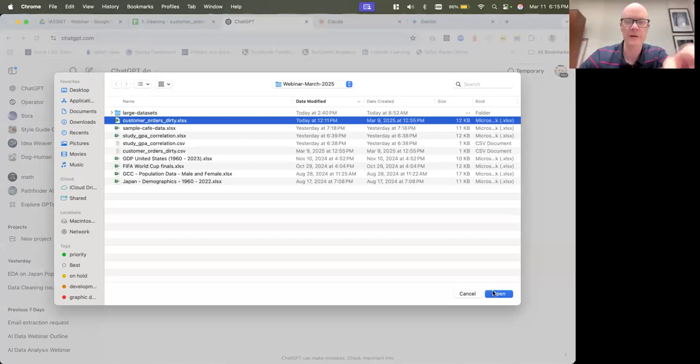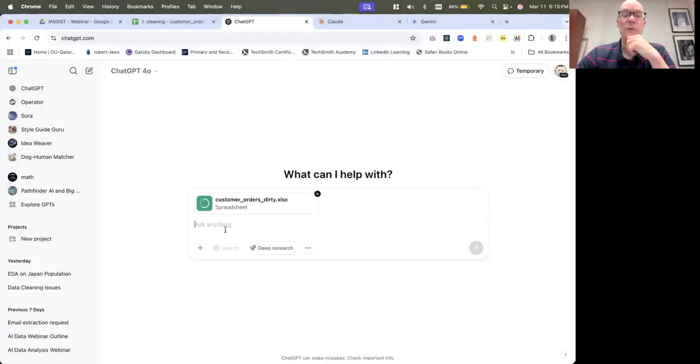Yours might be called different, but you'll have roughly the same name, and I'll upload it. Now, the key to using AI with data is not just loading the data. That's not enough. We actually have to talk with the AI, give it instructions, tell it what we want to do, and that's the concept of prompt engineering. We write prompts.